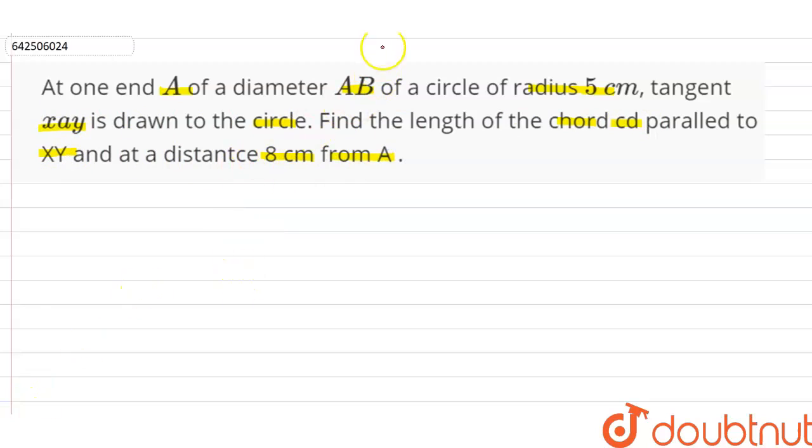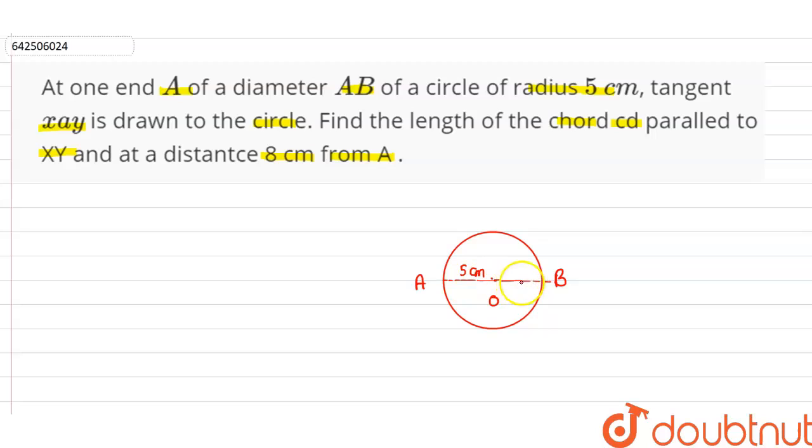So first of all we will draw the figure according to the given data, that is, we have a circle. Let the center of this particular circle be O, and we are given that the radius of this circle is 5 cm. So we will join this point to this. So this is the radius, that is 5 cm. Here we are given the diameter AB. This point is A, this point is B. When we join them,